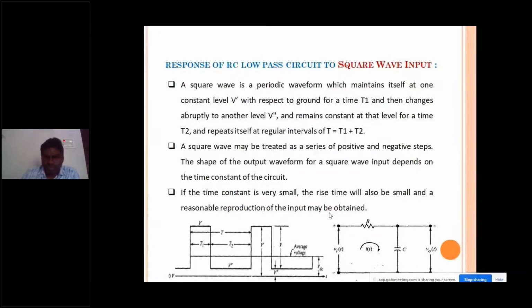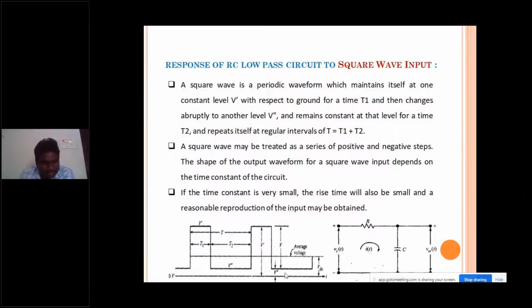Let us move to the square wave input. So this is the way of applying. I am not going to concentrate much on this, because you are now aware of how to apply the input to a low pass circuit. Now you can see here, this is a step input, a square input that I am applying to this low pass circuit. This square wave input seems to be like a step input up to this particular time. Again it is delayed, and again it is a step like this, right? For everything you need to understand how to apply a step input to a low pass circuit. If you are aware of how to apply and solve that, then you can handle whatever input you apply.